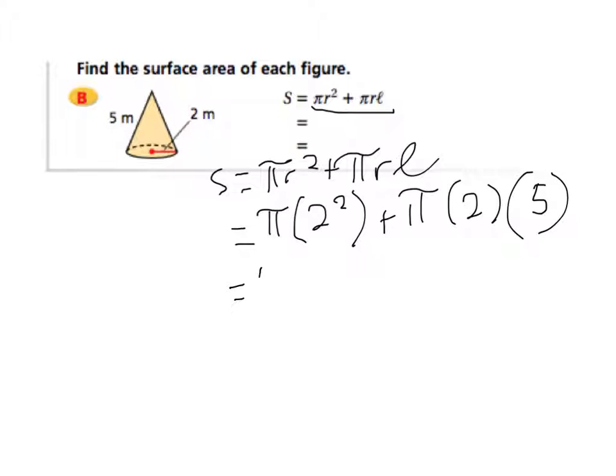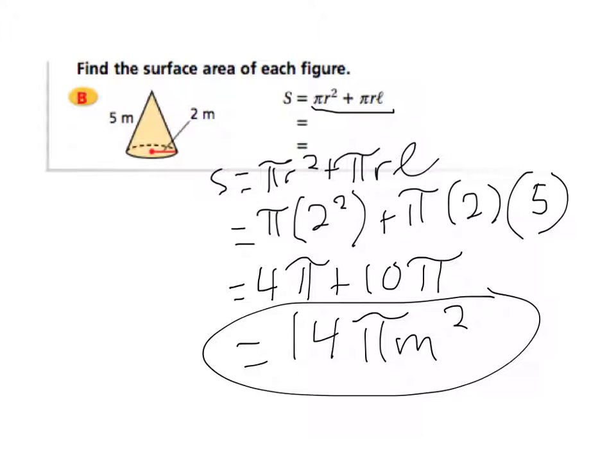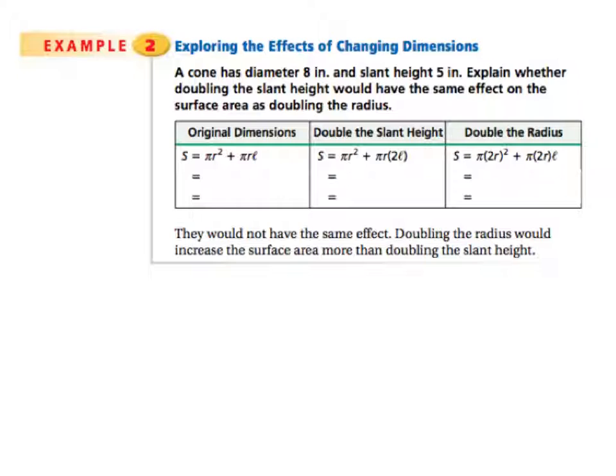We're going to get 4 pi plus 10 pi. 4 pi plus 10 pi is 14 pi meters squared. Okay, and then you can also multiply that by pi if you would like. So now we're going to try to figure out, okay, what happens if we double the length of any of